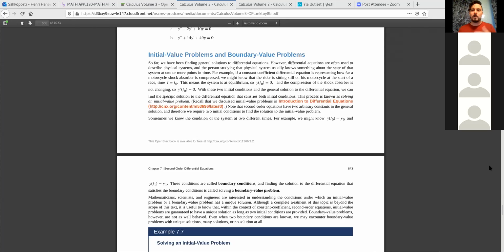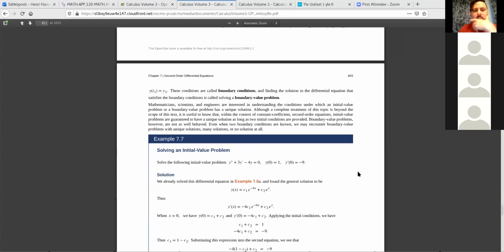And then boundary value problem, like I said, is something like, let's say you have a design problem, you need to fit the function here, and you need to fit it here, and then it goes through these points. So